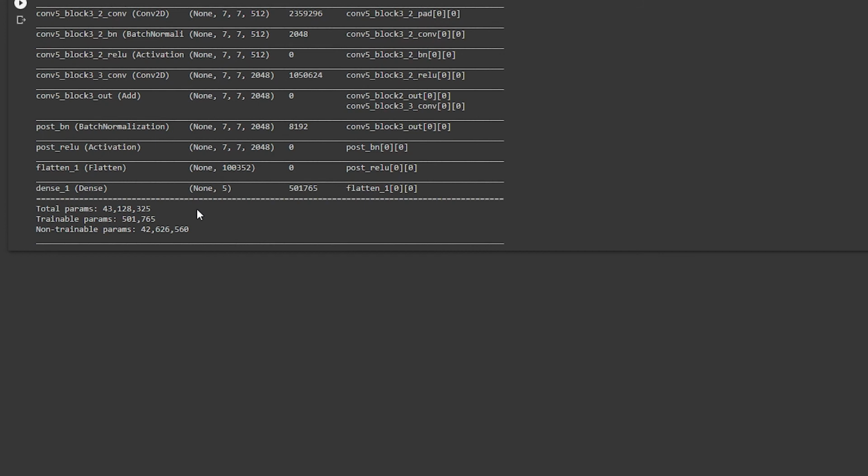This is the way things are, and you can leverage this and get things done because it is going to work very well. The trainable parameters are around 500,000, which is much more than you can imagine. This network would have taken weeks to train, and we have just plugged in the knowledge from the network, the weights and everything, and we are using it to leverage our problem. So this is the way transfer learning works.